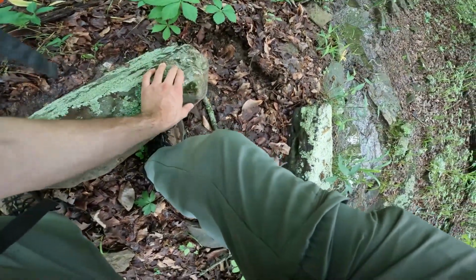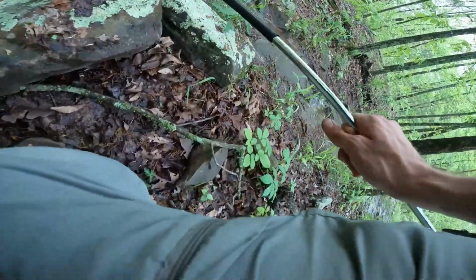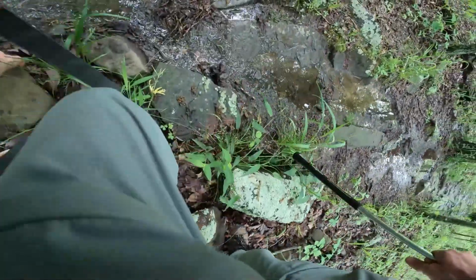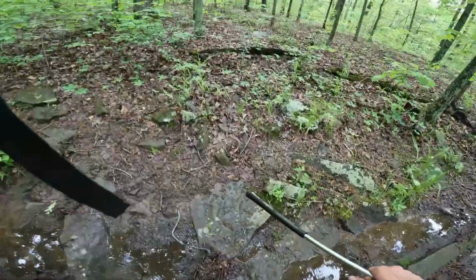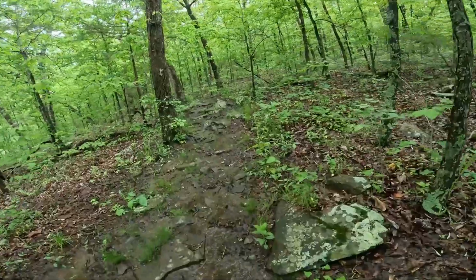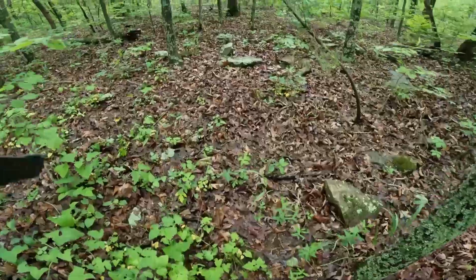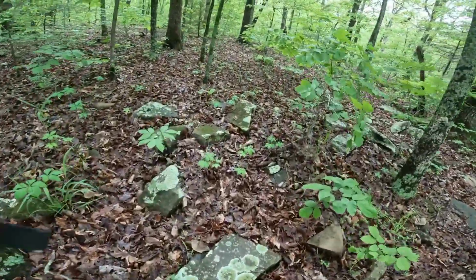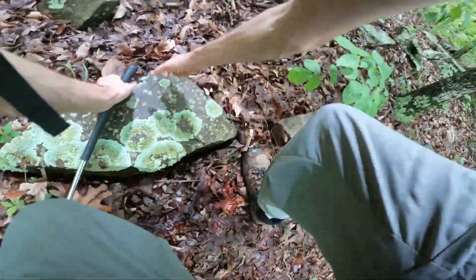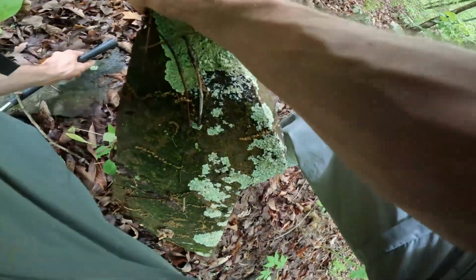And there have been several people out here recently, it seems, who flipped rocks out of the places they were supposed to be. Haven't seen that all along the trail, but then suddenly right over here, so people, if you're out here herping, put the damn rocks back. It's somewhat understandable if you accidentally flip one that's heavier than you thought. But when it's rock after rock after rock that I can pick up with one hand,